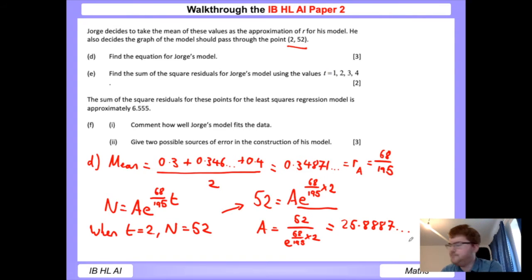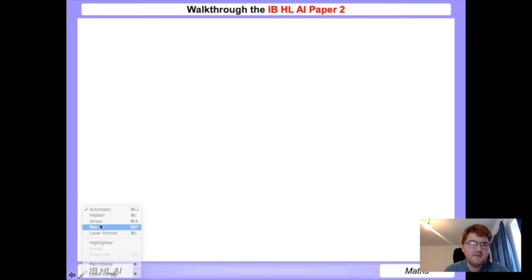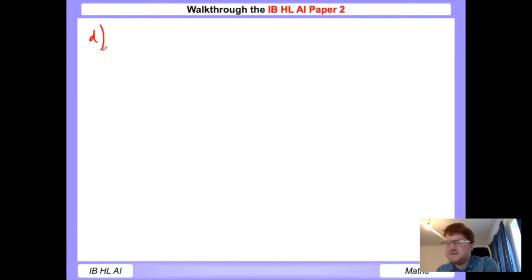25.887 dot dot dot. Okay, so we need to write the model now. So let me go on the next slide. So our final answer, rounded now to 3 significant figures, is going to be n is equal to, well, our A is 25.9,